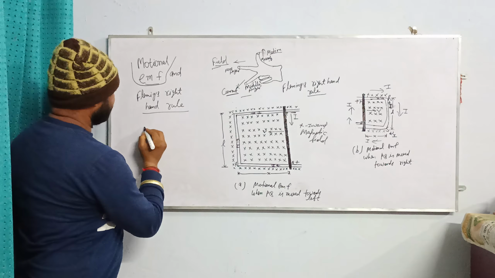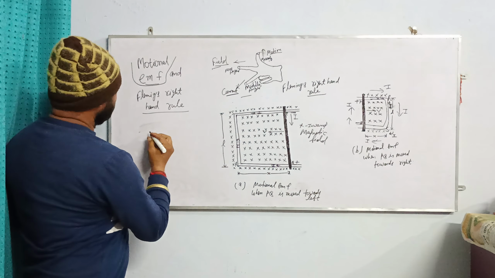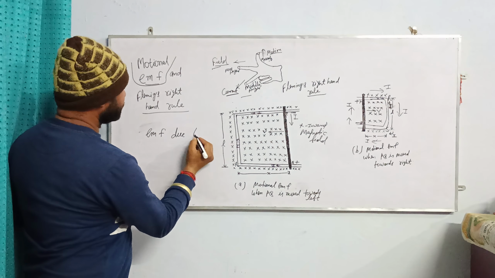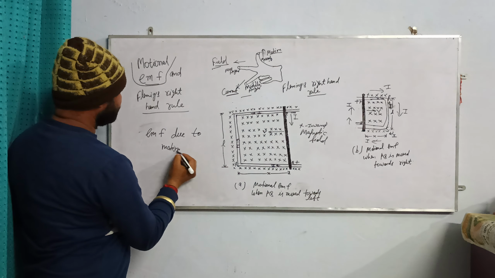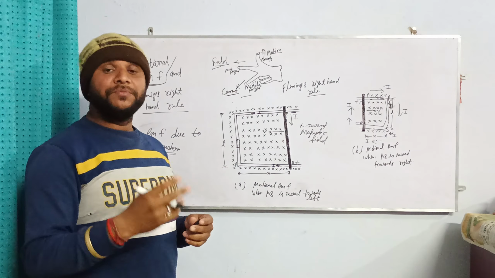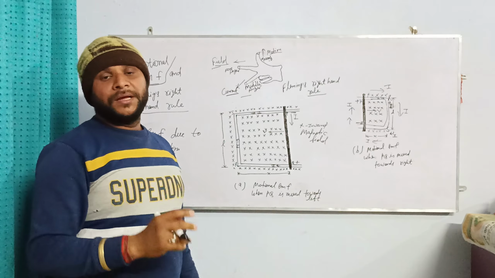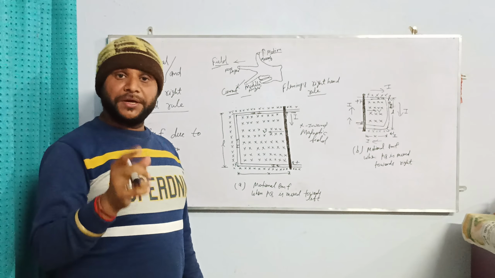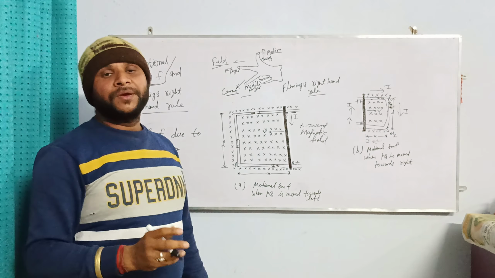Motional EMF, EMF due to motion. The EMF that is generated due to motion of the conductor placed in the magnetic field is called motional EMF, where a conductor is placed in a magnetic field and it is moved from one side